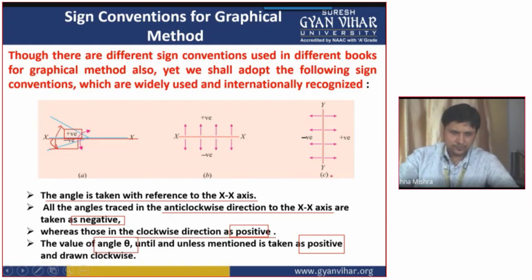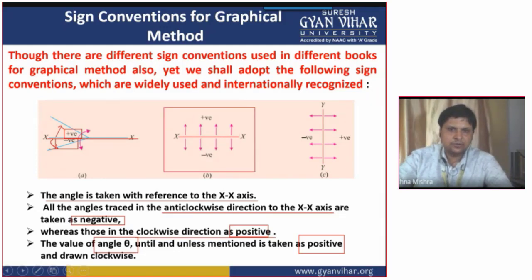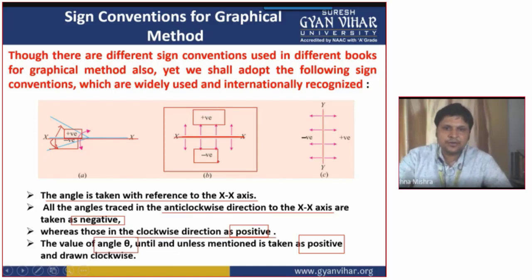Then for the tensile and shear stresses, the sign convention which you will take is for biaxial loading. When you show the tensile and shear stresses, the tensile forces are considered as positive, and they will be drawn above the x-axis, students. All the tensile forces, if the value is given, we will take as positive. And if the forces are compressive, we generally take the compressive forces with a negative sign. So all the negative forces, means compressive forces, will be taken downwards.